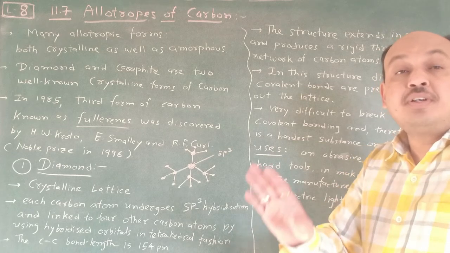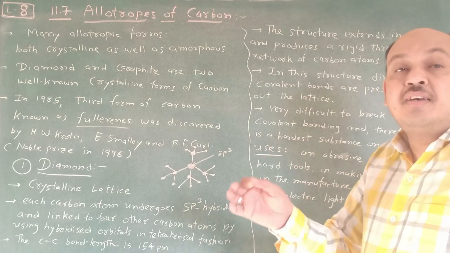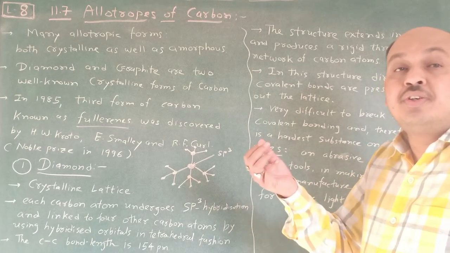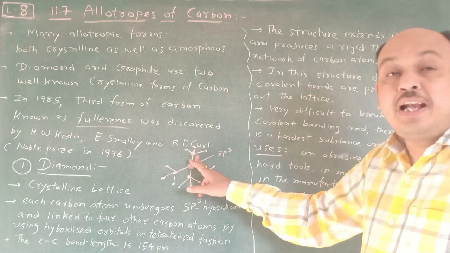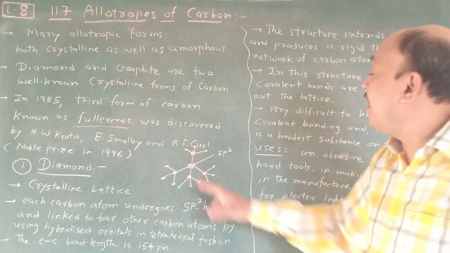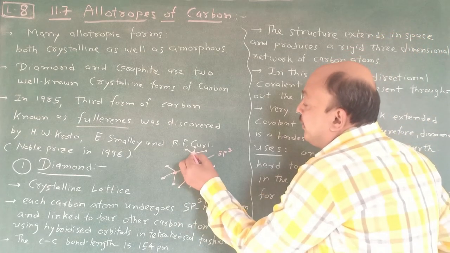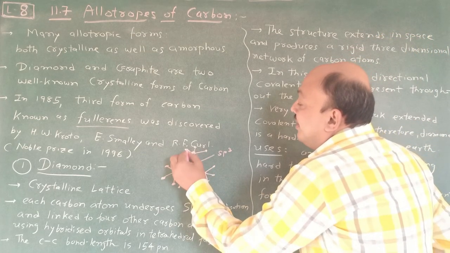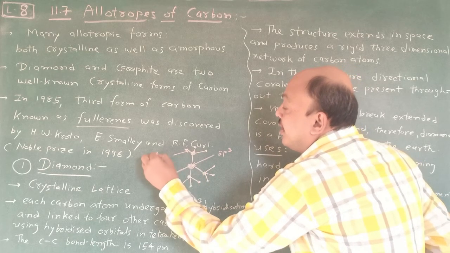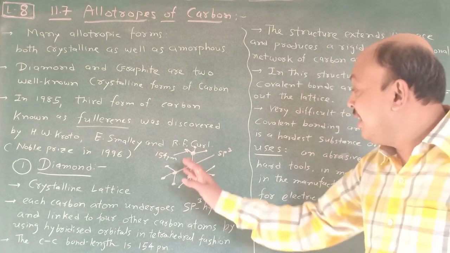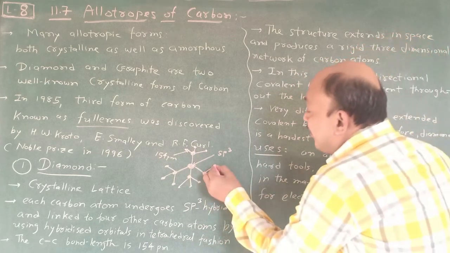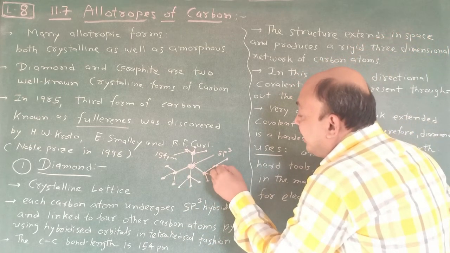That means there is a 4 orbital containing an electron that is used in a covalent bond. So that's why here which bond is present? Covalent bond is present, and this bond becomes strong, and the bond length between this particular carbon is, in a diamond, we know, 154 picometer. So you remember this one.